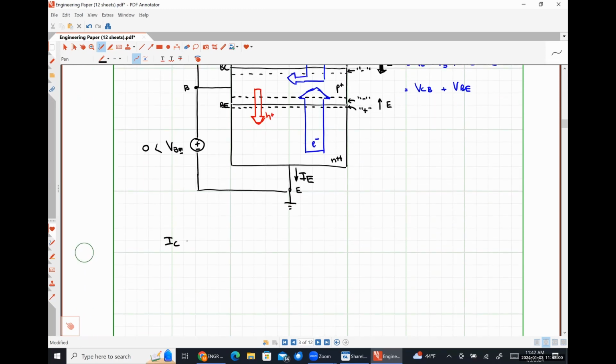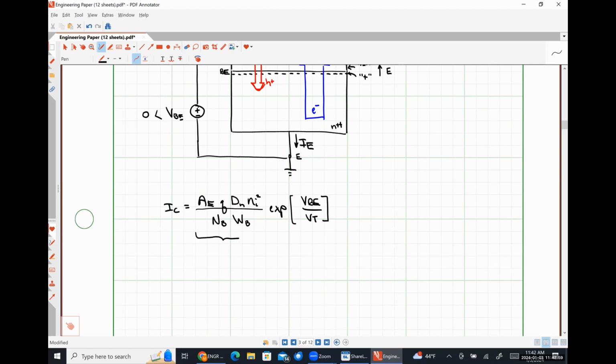So our collector current IC is given by the following relationship. So this is AE, which is the cross-sectional area of the base emitter junction, and I'll write that down in a moment, times Q, charge of an electron, DN, our diffusion coefficient, Ni squared, so our intrinsic carrier concentration, divided by NB, which is the dopant concentration of the base, WB, which is the effective width of the base, times exp of VBE over VT, where this term right here is the saturation current